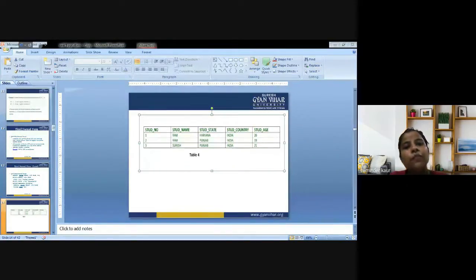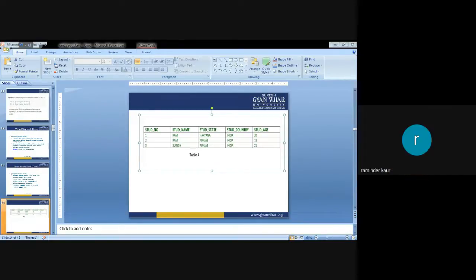Now, if we are supposed to have a look at the transitive dependency, let's understand the difference with the help of logic. If I am saying that A is deriving B and B is deriving C, these are two functional dependencies. I told you the same concept yesterday. If A is deriving B and B is deriving C, it is directly deduced that A is deriving C. So it is called transitive dependency.